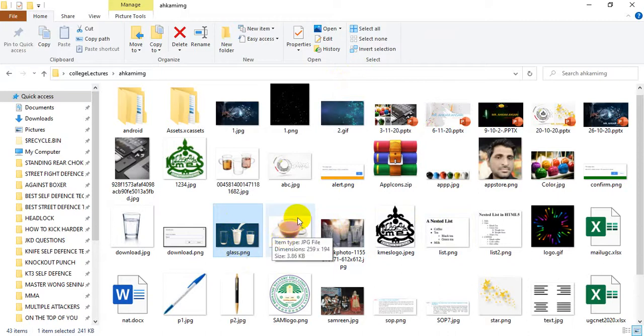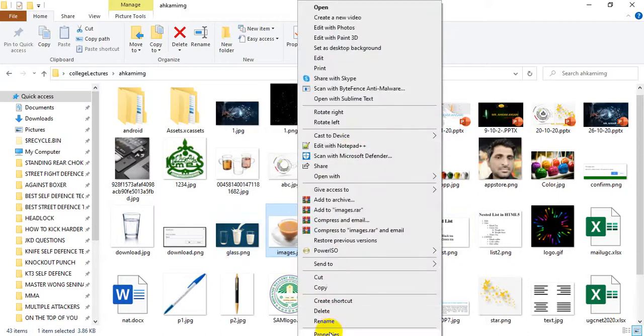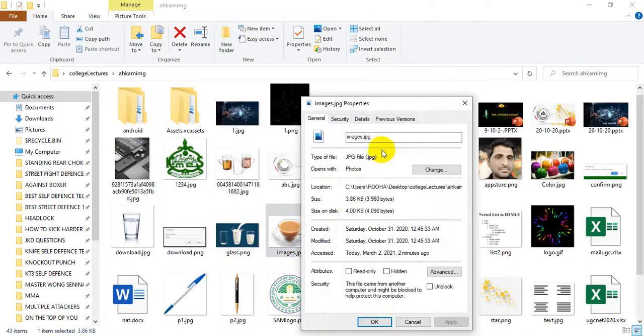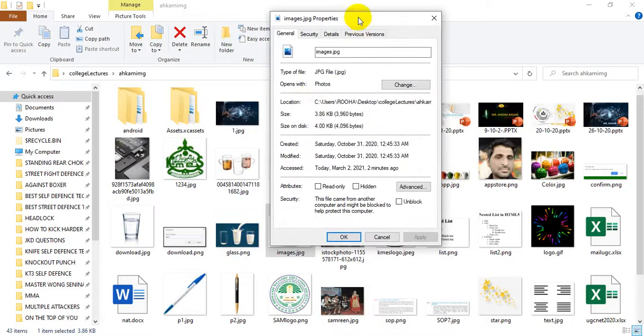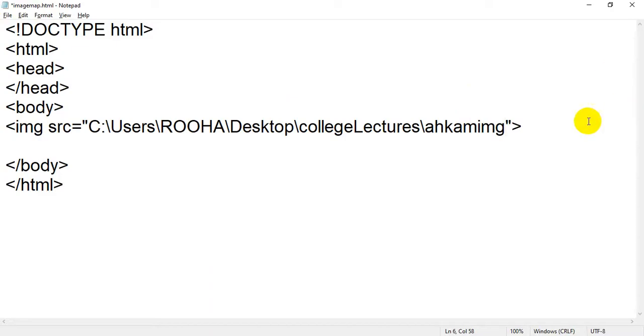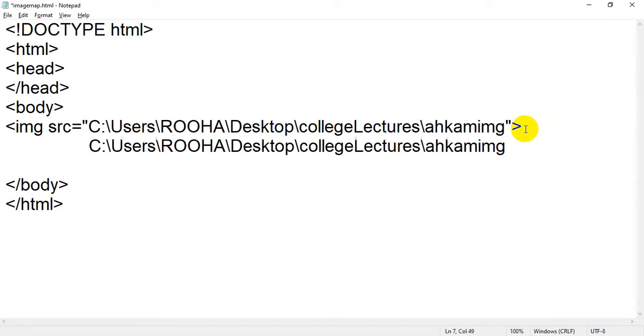If you right click on that particular image and click on Properties, and again copy the address of this image with Ctrl C and paste it, I just want to show the difference between the first image and the second image.